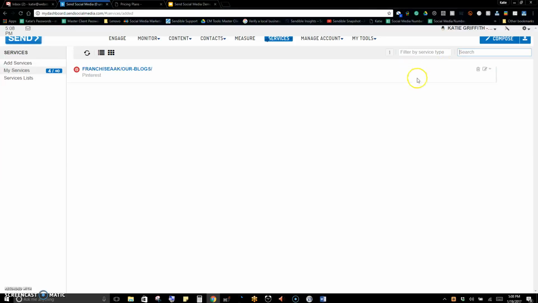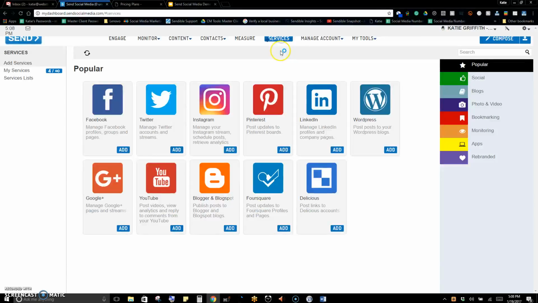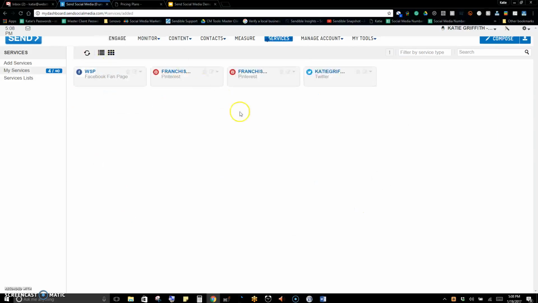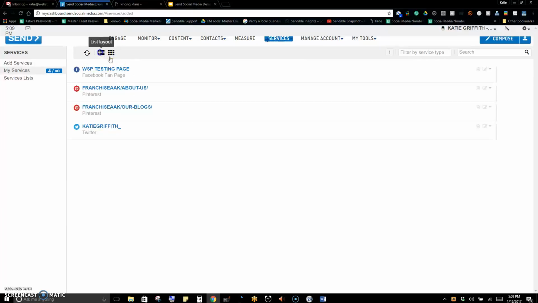And again, if I just want to reset it, I can just hit refresh, and I don't have it filtered by any service, my services, and there they are again. I can see them either way, this grid or this way. So if you ever need to edit a service, you come into services, and there's nothing that says edit, right? So you're just like, okay, how do I do this? I usually go to the line view, and you can delete a service here, and you can edit a service here,